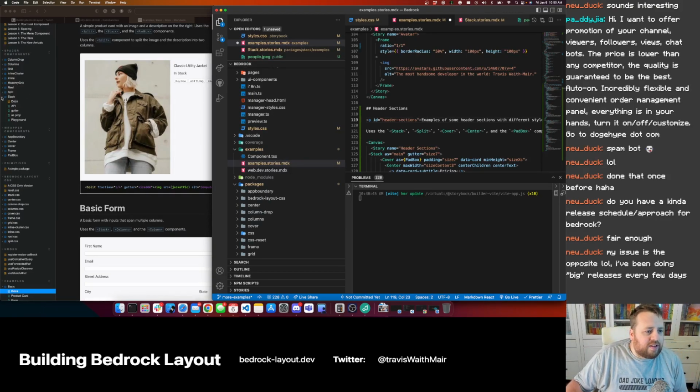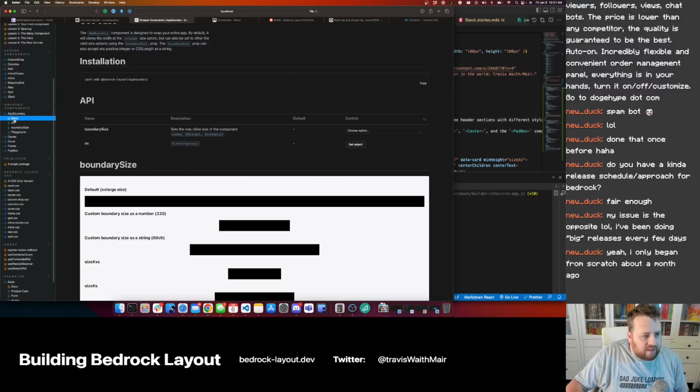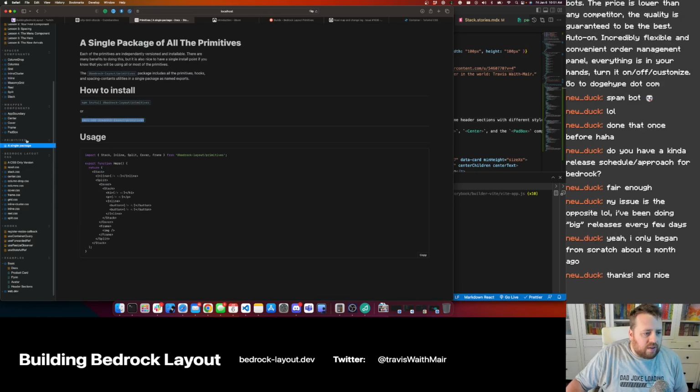I've also got these. So these are individual packages. Oh, you just barely started a month ago? Congrats, good job. This is like a year and a half now, maybe close to 2 years that Bedrock's been out. Each one of these is an individual package that you can install, or you can install all of them at once if you want. But anyway,